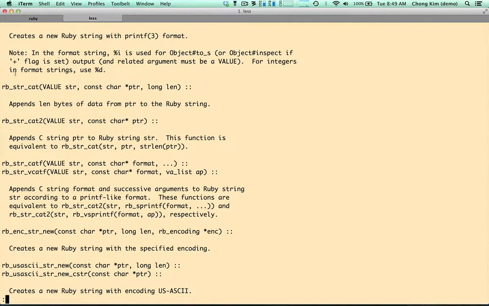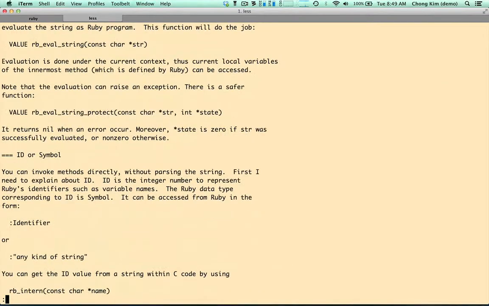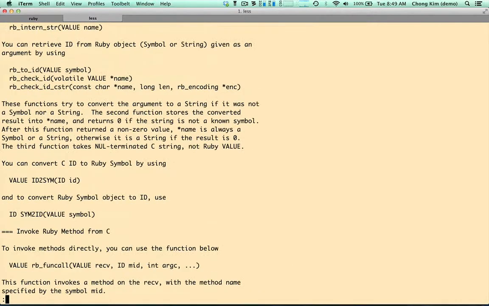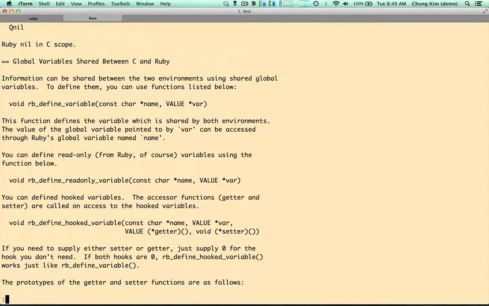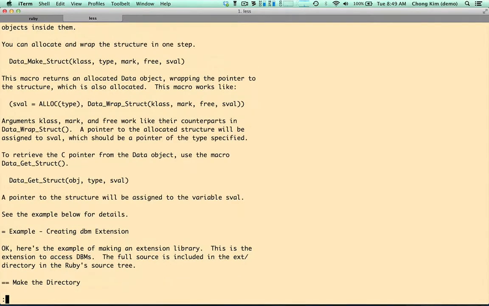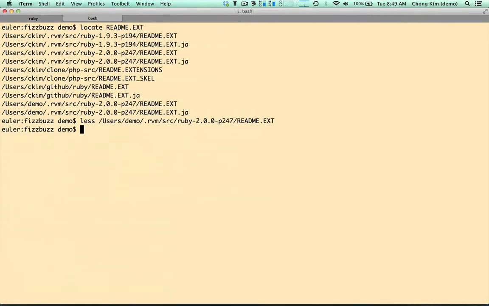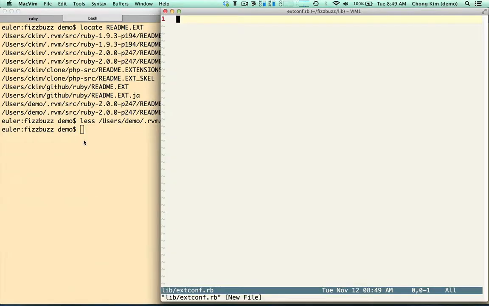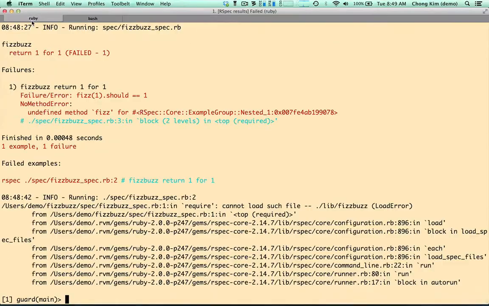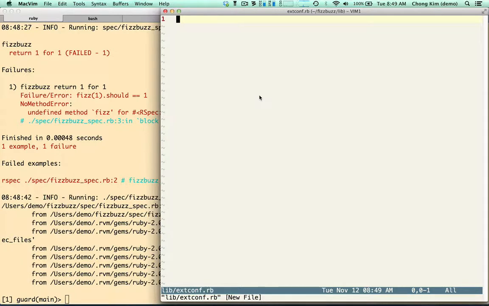There's some API information about how to concatenate a string, and there's a bunch of information here, and I think that if you're interested in learning how to write extensions, you have to read this file. A lot of good stuff. Okay, so assuming that you have read that, the instructions say to